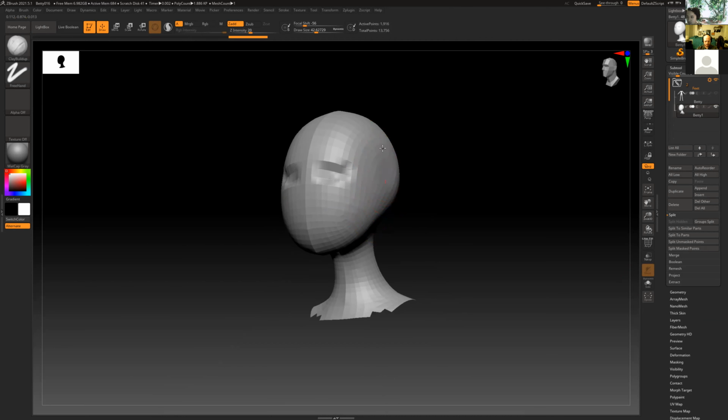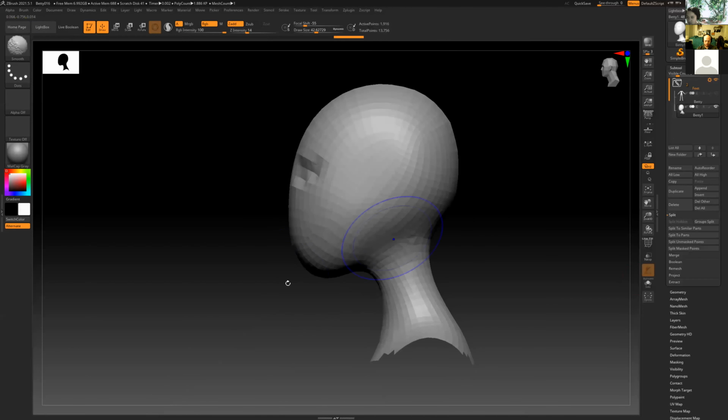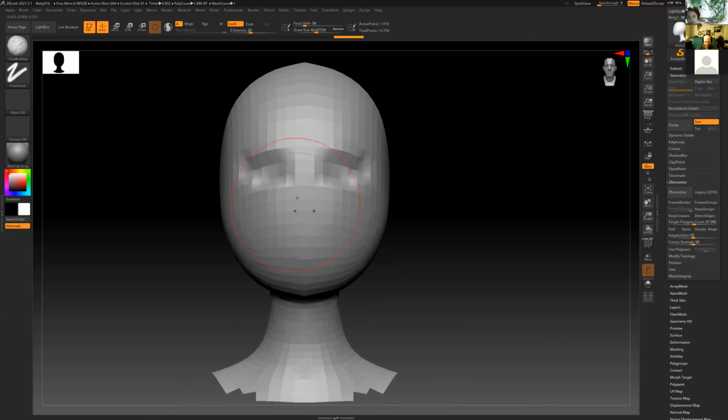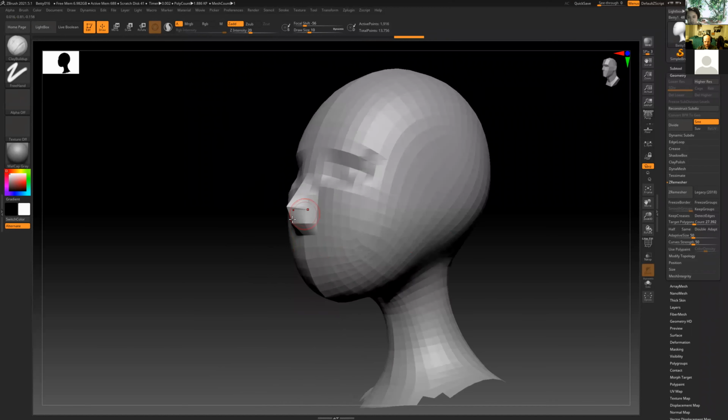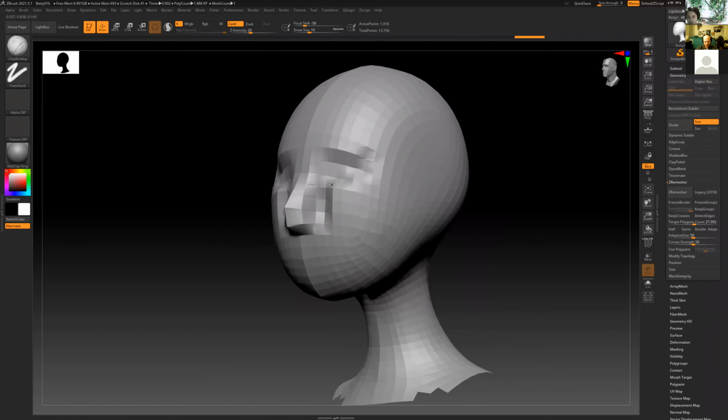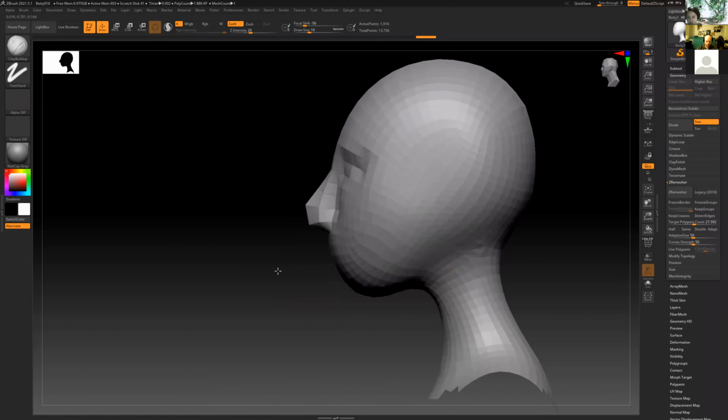We can start pushing in on the head, and that's why I want you to start pushing forward on this, because faces are hard to do, right? They take a long time, and with the faces, you're going to want to stay pretty low poly for a while. You want to stay pretty low, simply because if you jump in too quick to